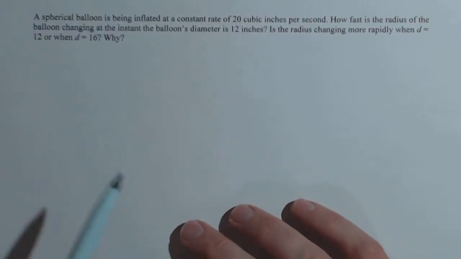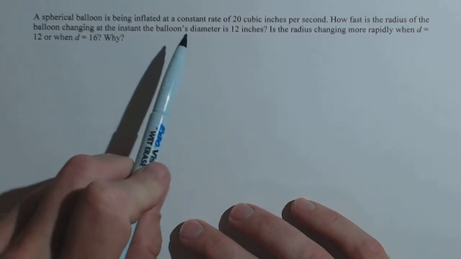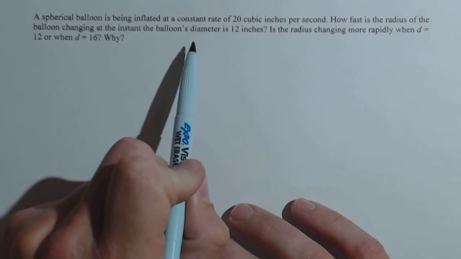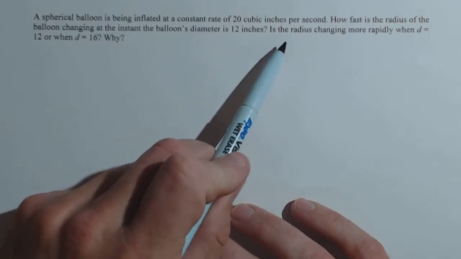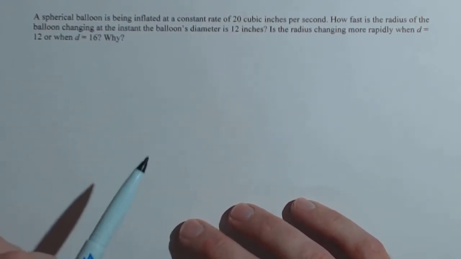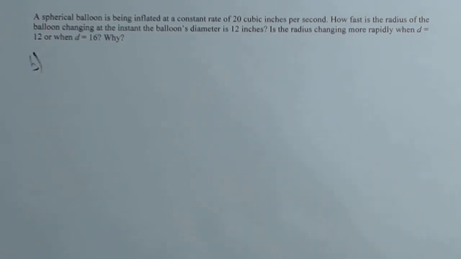In preview activity 3.5, we have a spherical balloon being inflated at a constant rate of 20 cubic inches per second. How fast is the radius of the balloon changing at the instant the balloon's diameter is 12 inches? And then we're going to answer the question, is the radius changing more rapidly when d is 12 or d is 16, and why? So we have a related rates problem,